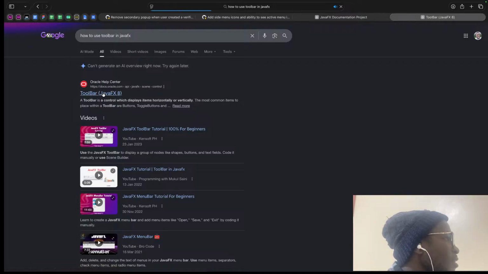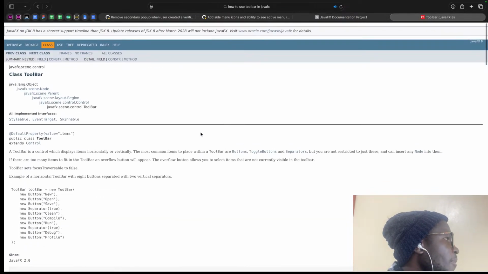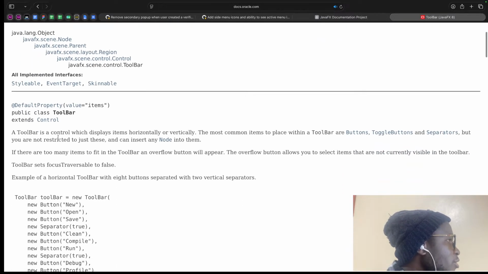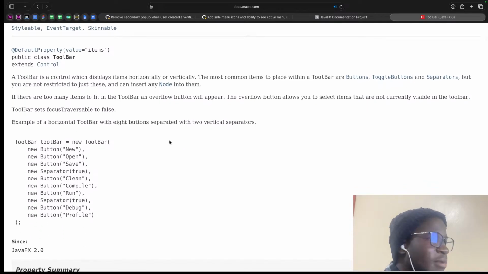Okay, so there's actually a toolbar API. A toolbar is a control which displays items horizontally or vertically. The most common items to place within a toolbar are buttons, toggle buttons, and separators, but you are not restricted to just these. If there are too many items to fit in the toolbar,